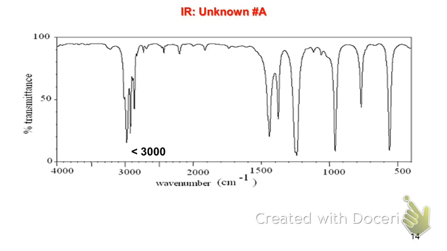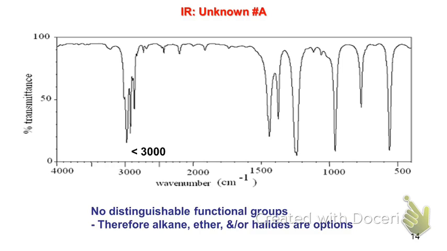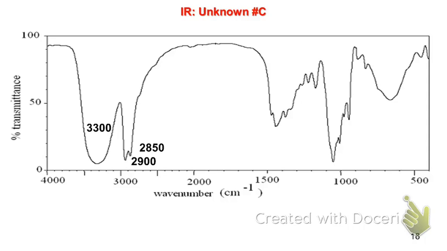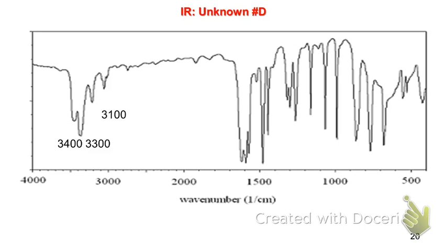So we'll go through a couple quick examples here. Skipping to a particular one. I think it's unknown D. Yep. So what we would do to analyze unknown D is find those signals. The first thing that we could do, okay, is put down our 1400 line so that we know that we shouldn't be starting our analysis in that range. And we try and find signals elsewhere to see what else we could find. Okay? In this case, we happen to have some things labeled for us. I see two peaks,